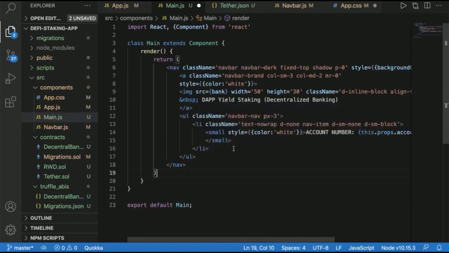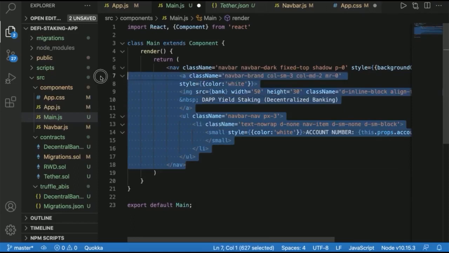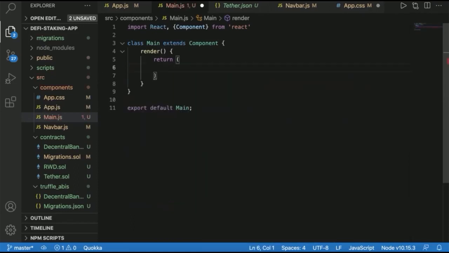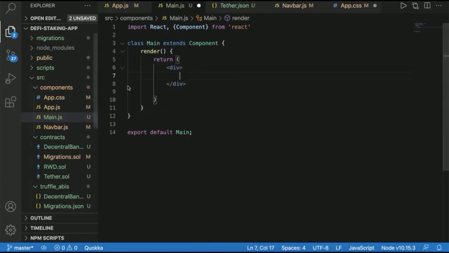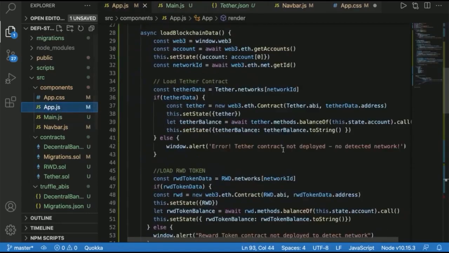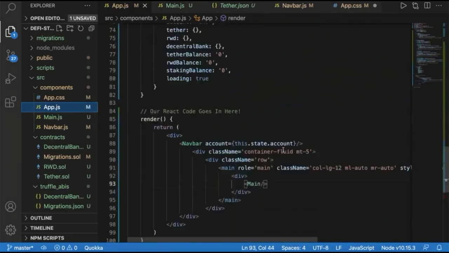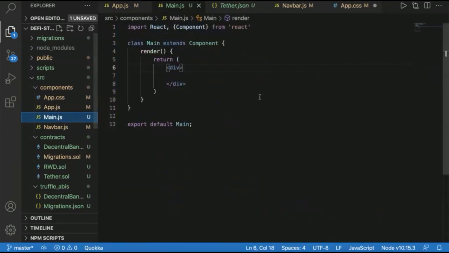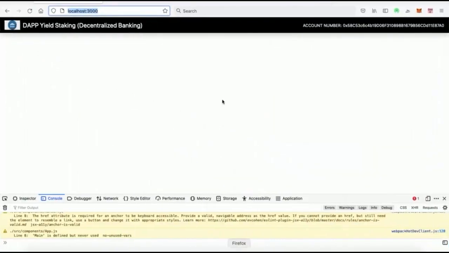And we're going to get rid of everything in the return over here. We'll just add a div because it has to return something. Okay, so let's save this. And now if we go to app.js, we should have the main in there and it shouldn't be crashing anymore. So if we go back to our localhost,